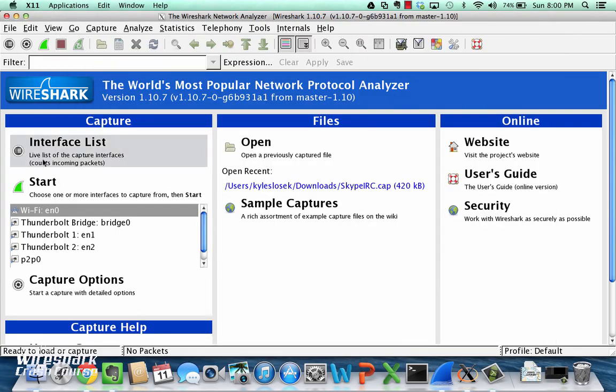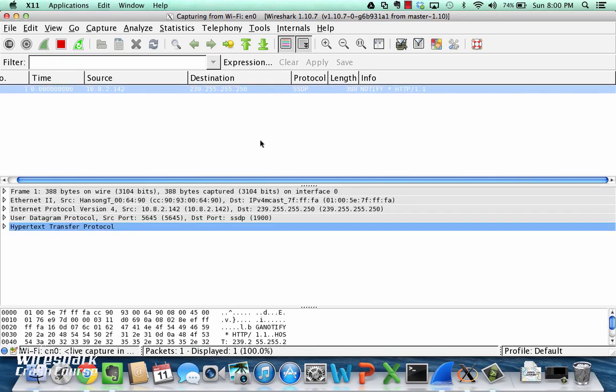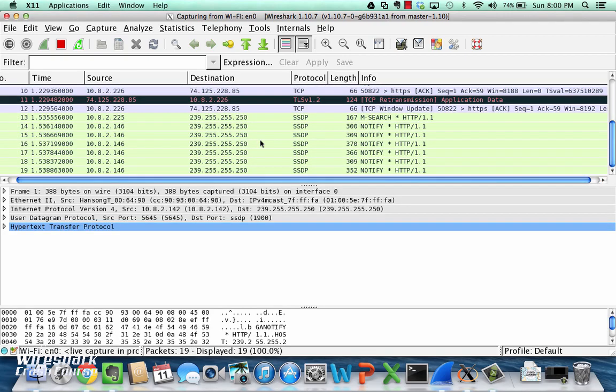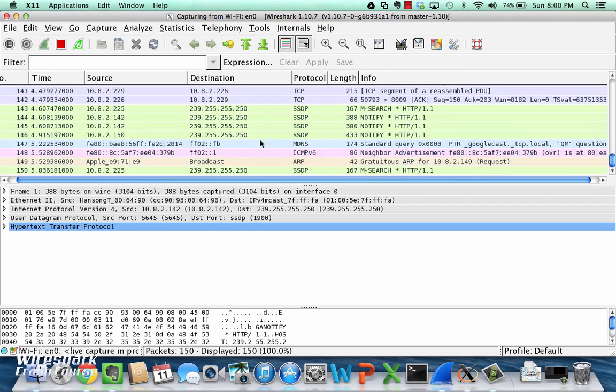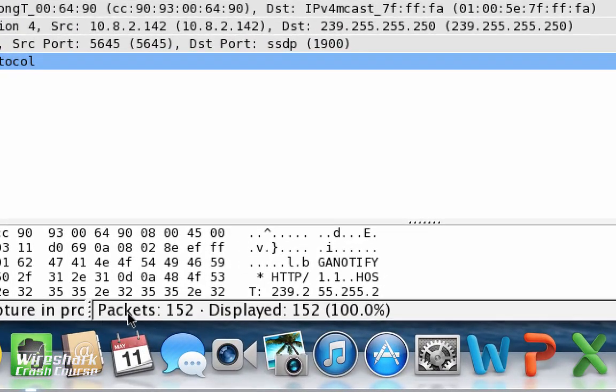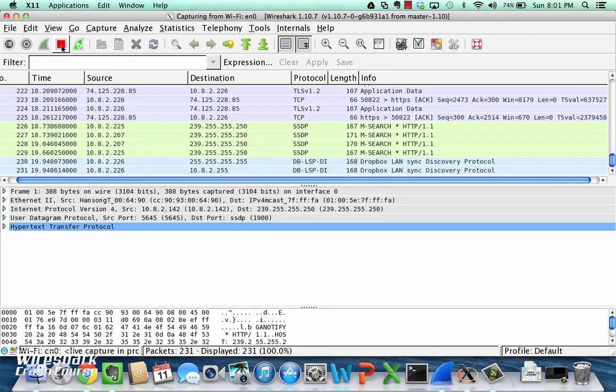So we'll click on interface list. We've checked my wireless, and we'll click start. And as you can see now, you've got live packets coming into the network. Thing I want to note down here, right, is packets coming in, packets displayed. So you can see live how many packets we're getting. And when you are finished, you can just hit the stop button,